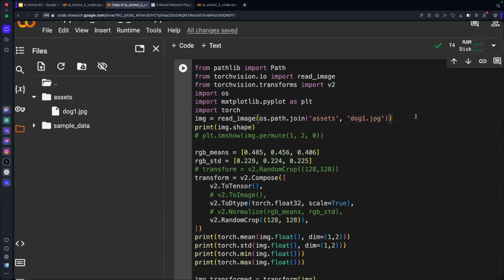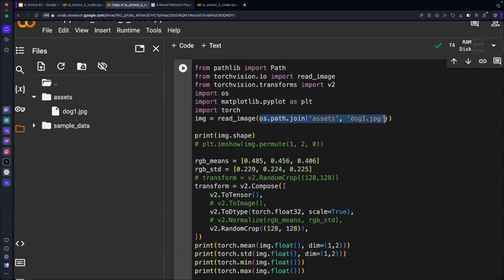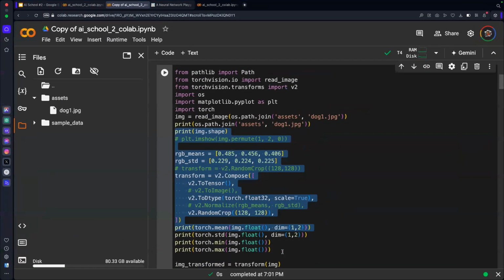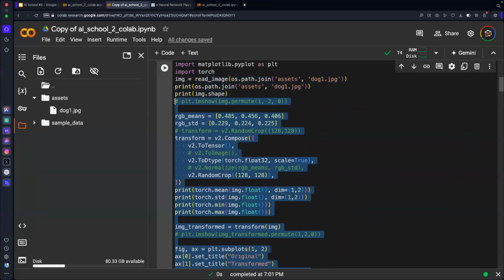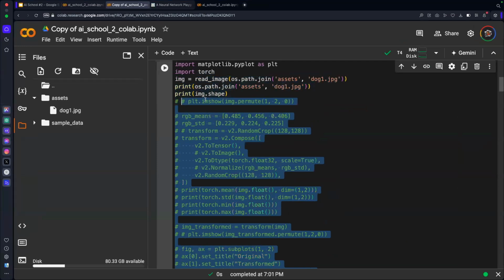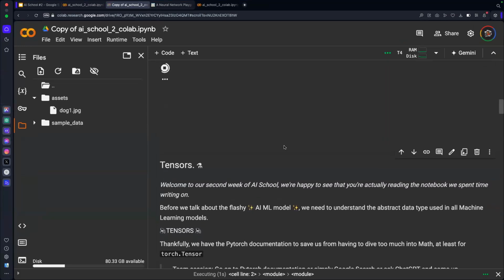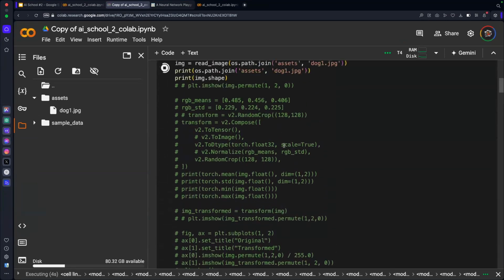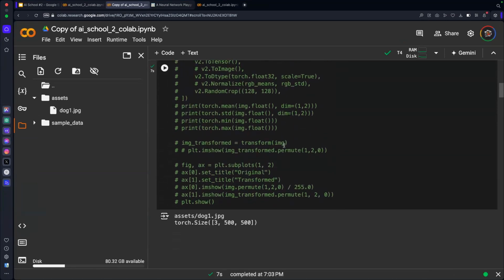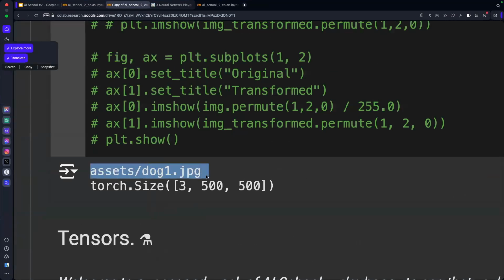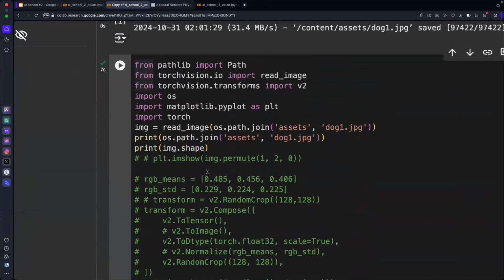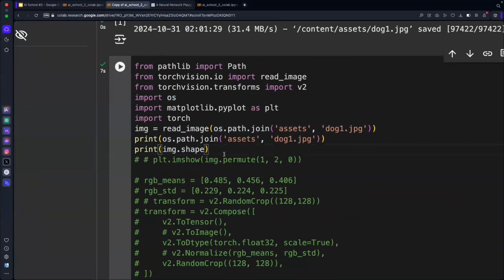I guess what we can do is print this too, so you get a better understanding. Let me comment these out first. Here is what os.path.join will give you. This is just the string of the path. So we first read the image from that, and then